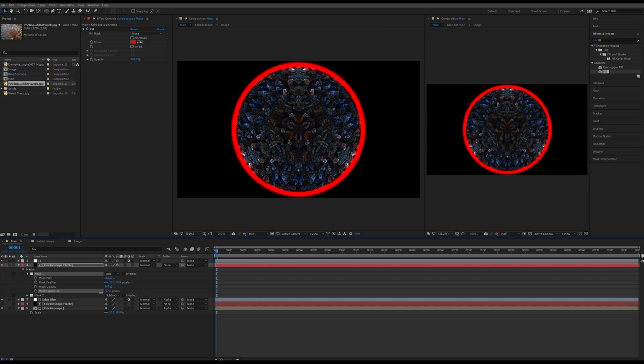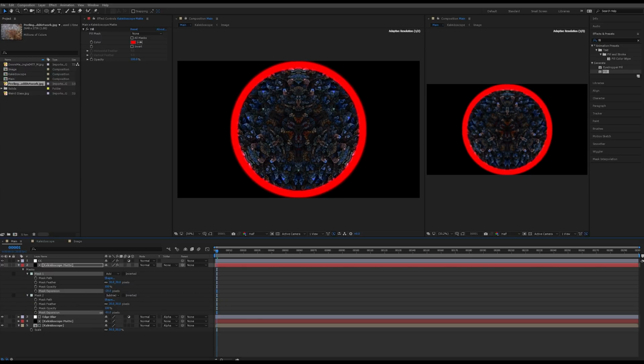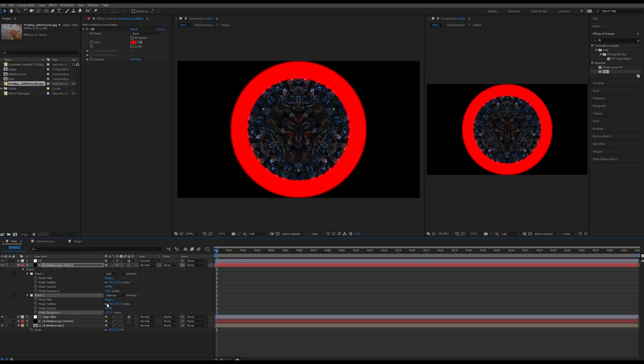And actually, not quite. Let's do like 20 instead of -40. I think that will be alright. And on the second one, we'll actually decrease our expansion considerably and then add more feathering. Maybe something like that. So anywhere where it's red, the blur is going to show up. And we kind of want this to be feathered quite a bit, so something like that would probably look okay.